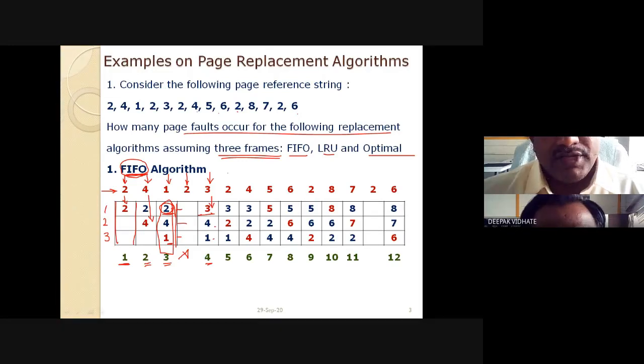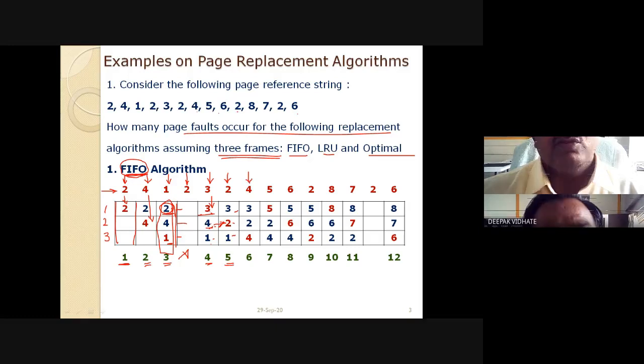Now the next memory reference is made to 2. Yes, a page fault occurs because 2 is not available in the memory. So page fault number 5 occurs, and to place 2 we need page replacement. Out of 3, 4, 1, which page came first? 4 is the first one as compared to 3 and 1. So definitely instead of 4, you replace it with the required page and put it inside the main memory. So here the structure is 3, 2, 1. Now again the reference is made to 4.